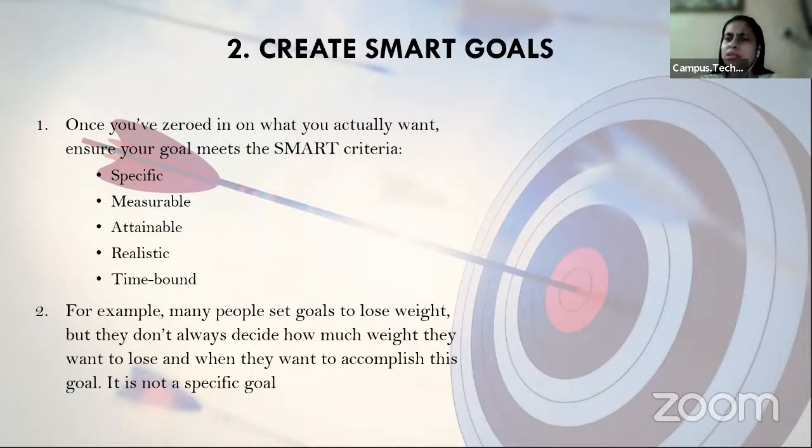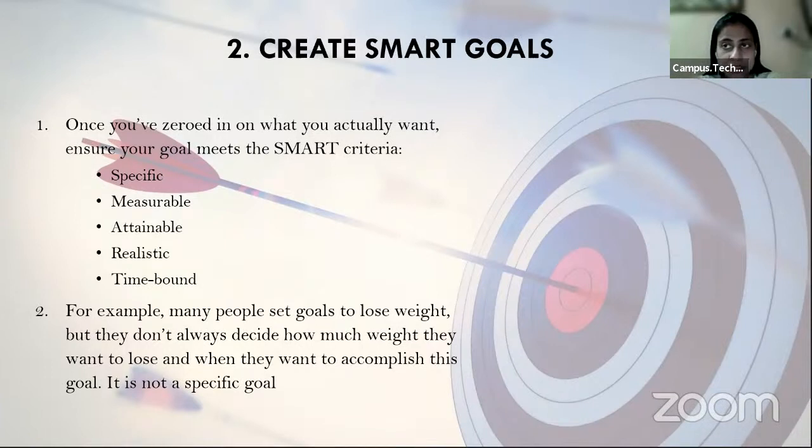Next 1 year, 2 years, 3 years, you won't be very conscious about doing that. But if you put a deadline that in the next 5 months I want to reduce my weight by 10, 20 kg, every month I'm going to reduce my weight by 4 kg. That makes it specific, measurable, attainable, realistic and time-bound. Losing 4 kg in a month is not a big deal. So it is realistic.